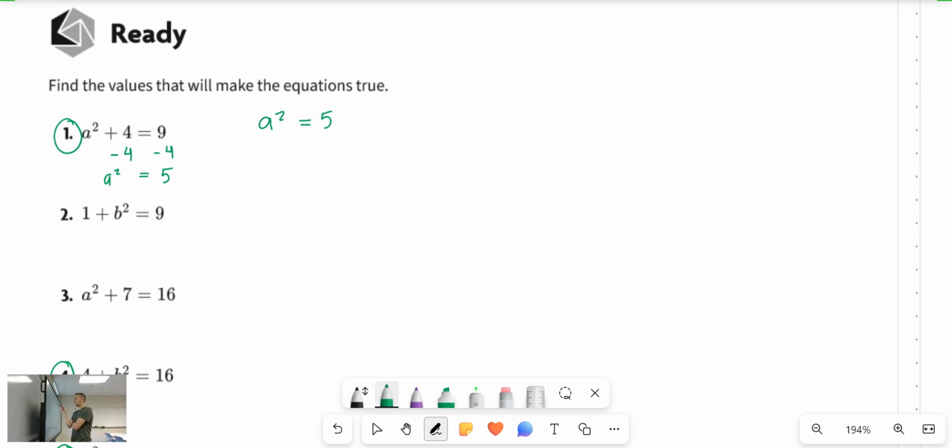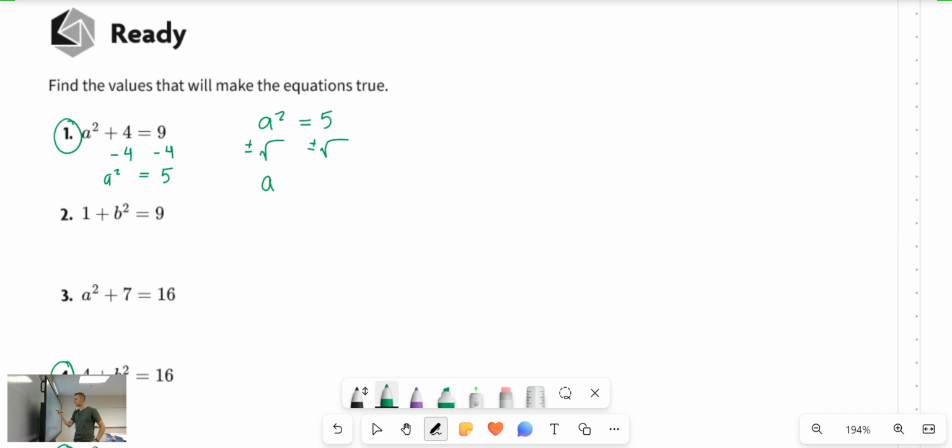Now we know that if we have A squared and we want to get A by itself, we have to take the square root of both sides. But we know that when we take the square root, we have to take the positive or negative square root. And that's actually going to come in very handy here. You're going to see that this doubles the possible solutions. So A squared, right? We take the positive or negative square root of that,